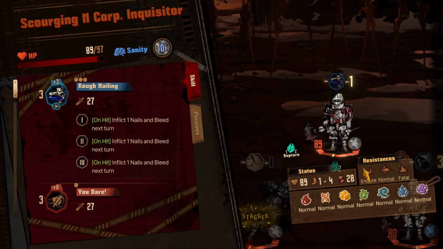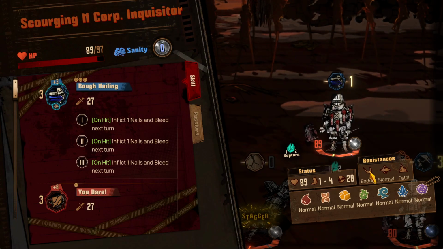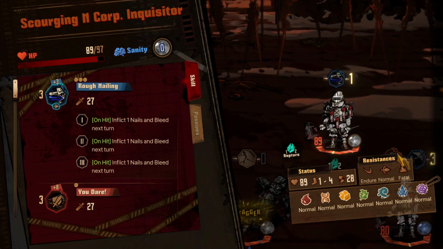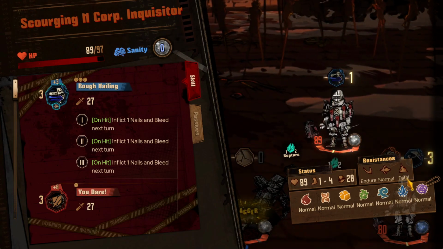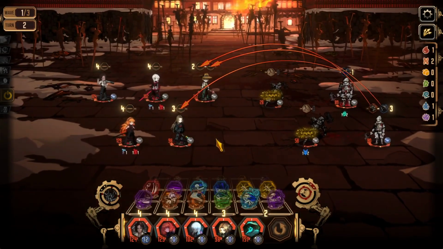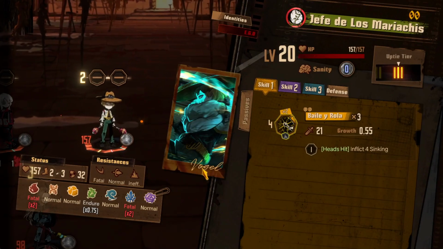They are resistant to slash damage, so slash attacks do less damage to them. They are normal to pierce, so pierce is kinda okay, right? But they are fatal, which is weak to blunt damage. So blunt damage deals extra damage to this guy right here. So what you can do against that is change your teams, based on